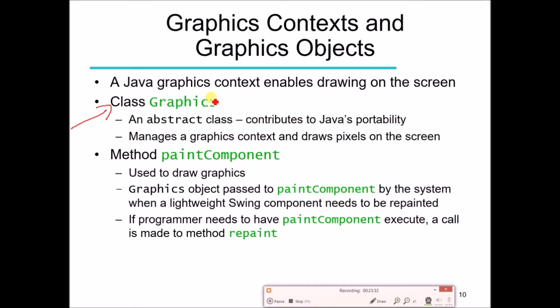With the same concept, we have a higher level class, the Graphics class, which is going to provide some definitions for these methods. This class manages the graphics context and draws the pixels on the screen. Actually, the classes which implement the methods do the drawing. And there is a specific method which we are going to use very frequently. Inside this method we are going to write the statements to draw the different objects, for example to draw a rectangle, a line, or a polygon. So you can see that we are going to override this method.